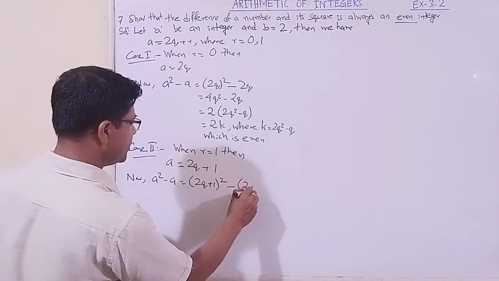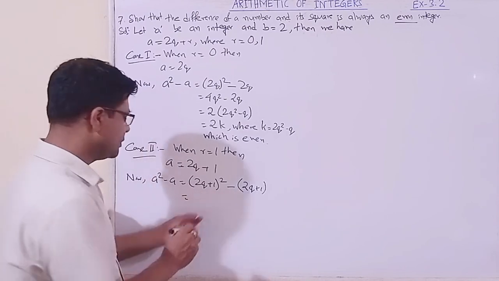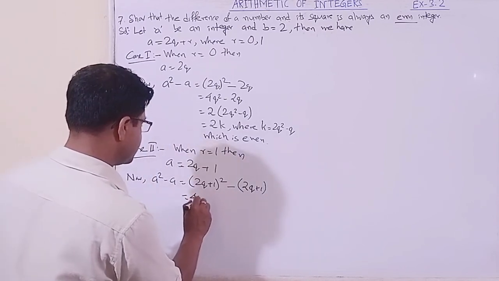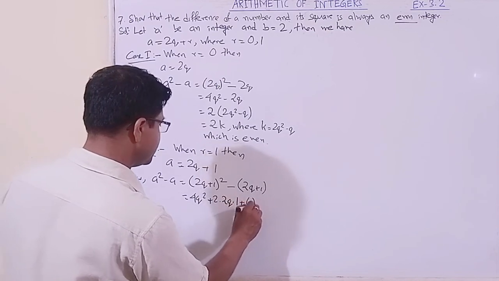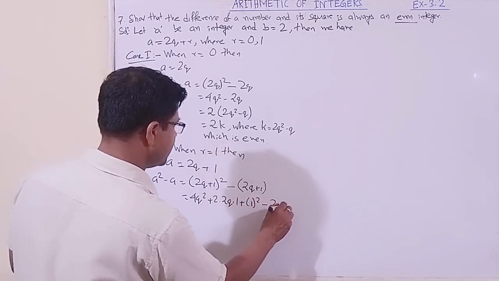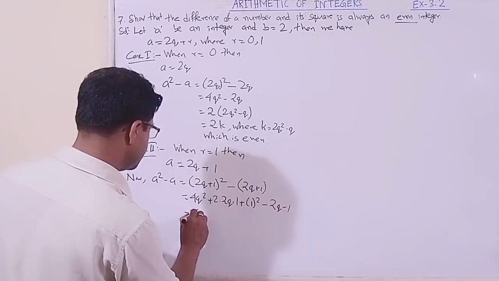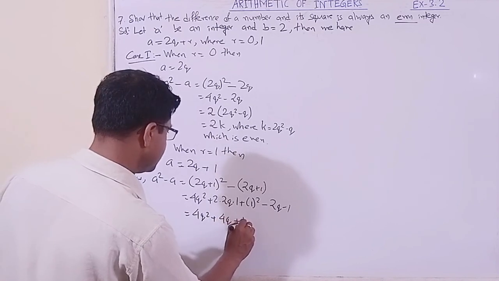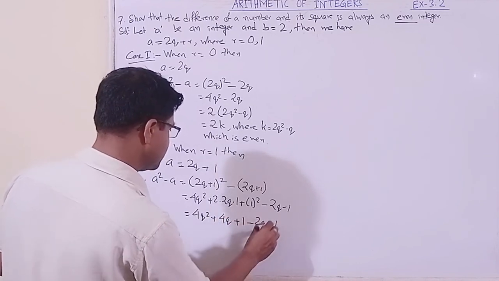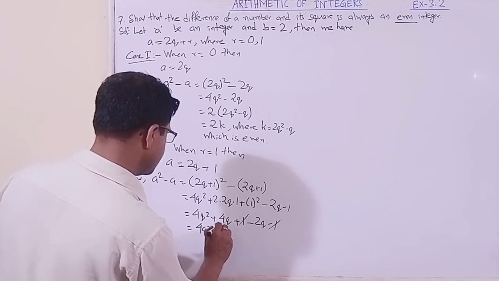Okay, now we need a square minus a. a is twice q plus 1. This is a square minus a, what is a? Twice q plus 1. Okay, so let us expand it. (a plus b) whole square is a square plus twice ab plus b square, so (2q plus 1) square is 4q square plus 4q plus 1, minus twice q minus 1. Okay, the minus sign is there, so the sign got changed. So this is 4q square plus 4q plus 1 minus 2q minus 1. This 1 can cancel. This is 4q square. Let us simplify. 4q minus 2q is 2q.